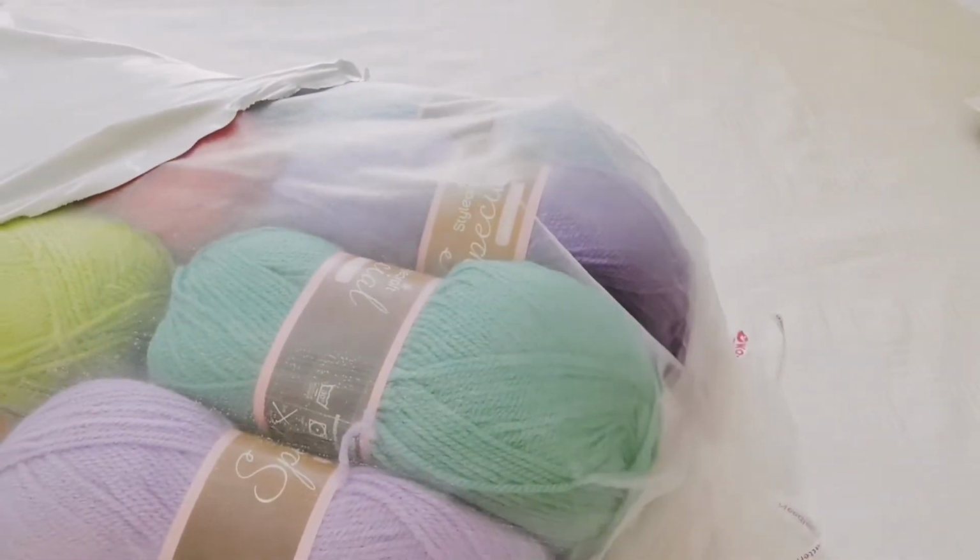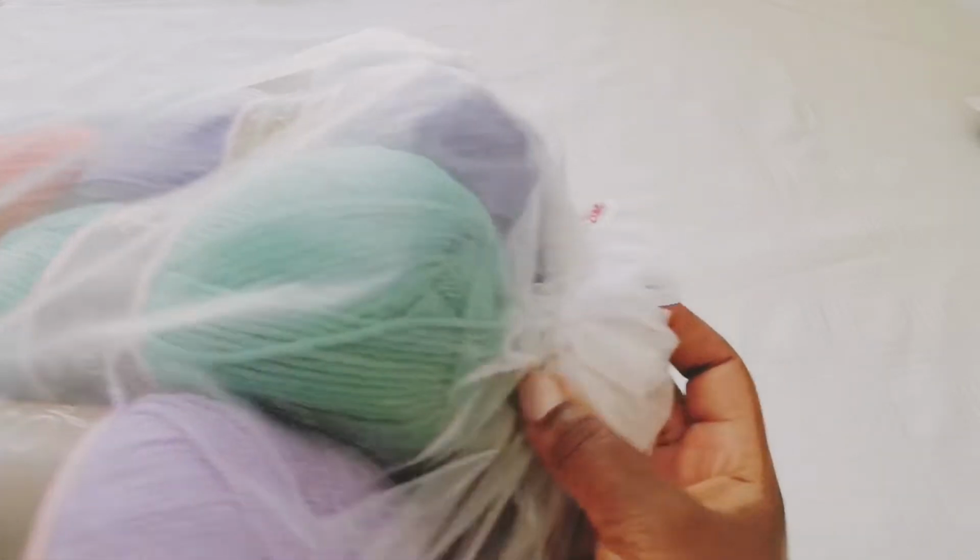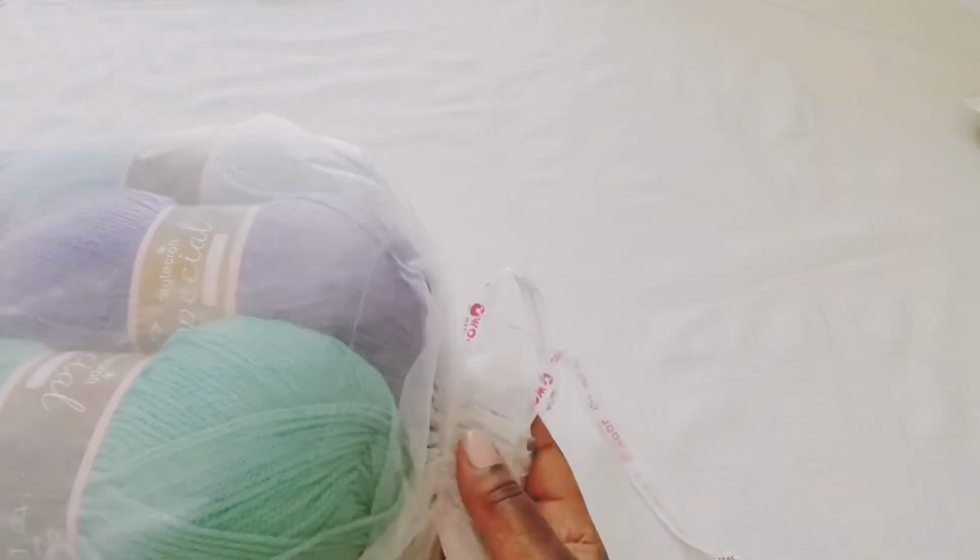So if you've ever ordered from Wool Warehouse, you know that their yarn comes in a beautiful organza bag. So yeah, so this is it,